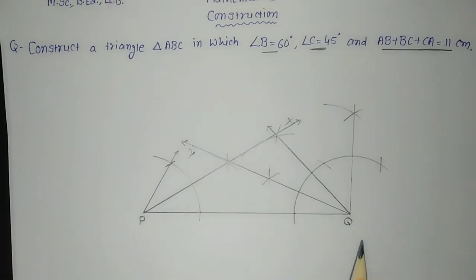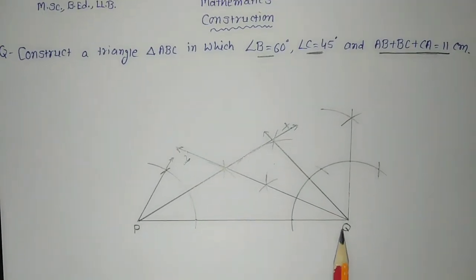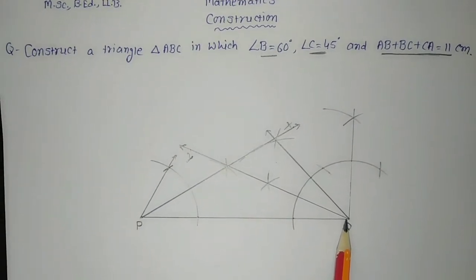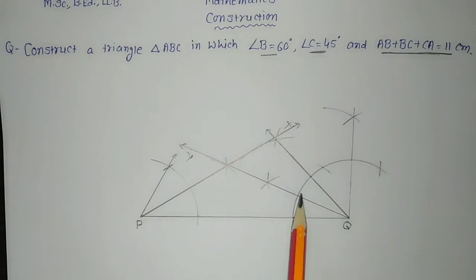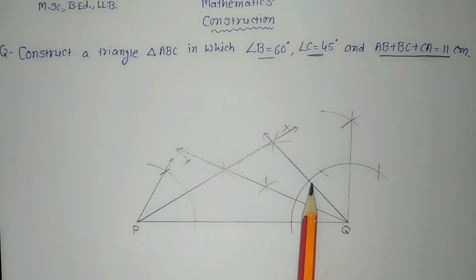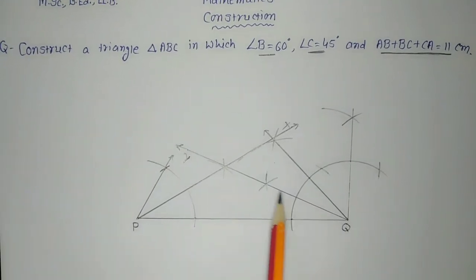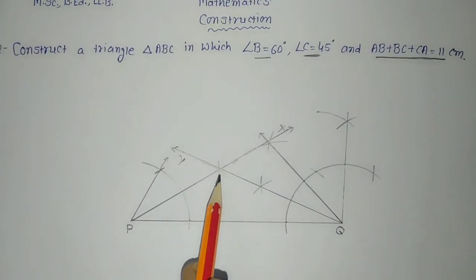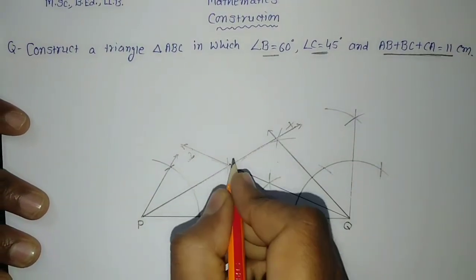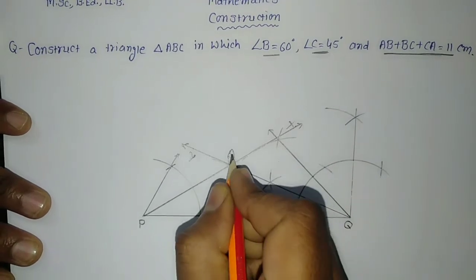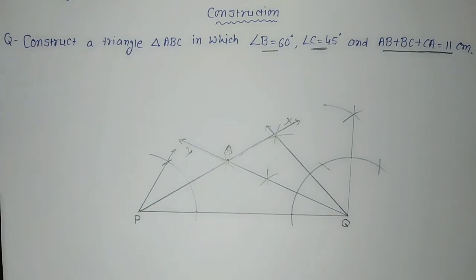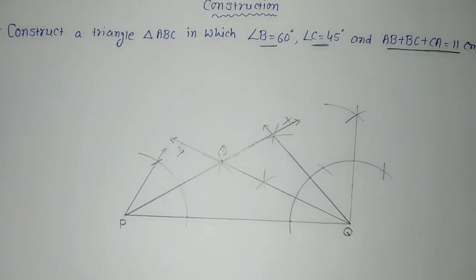Then what we did, we want that angle C at this side of Q. So for that I have taken the same measure, that is 45, and made this angle 45, which is the bisector of the 90, and then I have taken the bisector of this angle 45 and then I have drawn this ray QY. Wherever these two rays intersect each other at this specific point, I'll give the name of that point, point A. So we got that point A over here, but still we have not got point B and point C. For that what will we do?